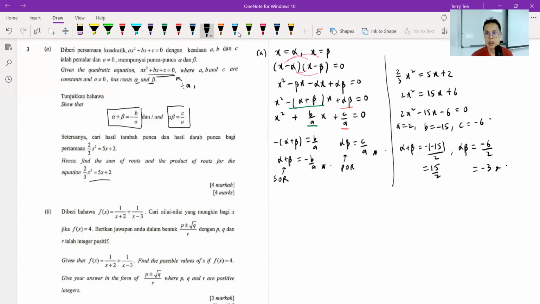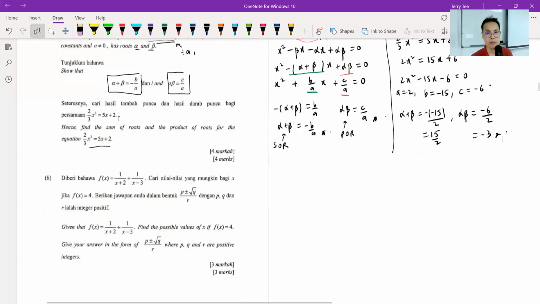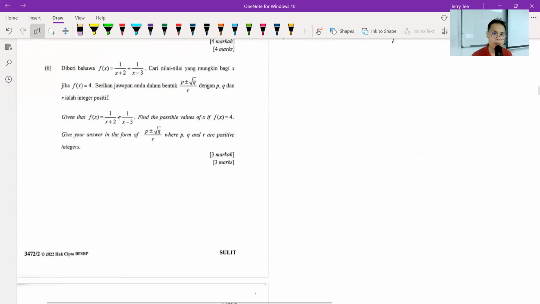Okay. Now, let's move on to question part B here. I'm going to do it here. Now, part B is actually solving a quadratic equation involving the quadratic formula. Here we have a function f(x), but it's actually nothing much related to the function. We let this function f(x) equal 4. You're given f(x) equals this, and you're supposed to find the possible values of x given that f(x) is